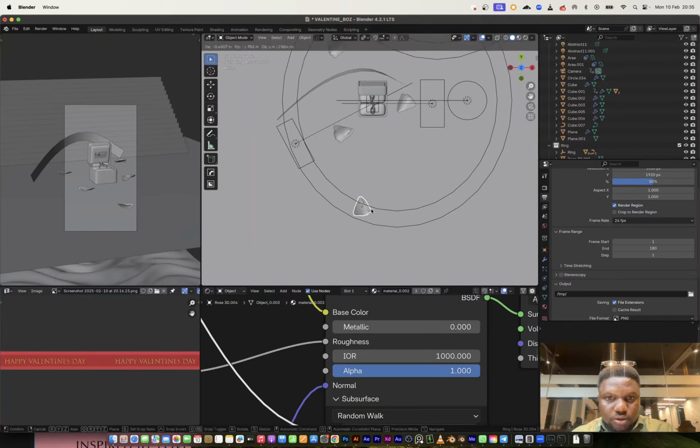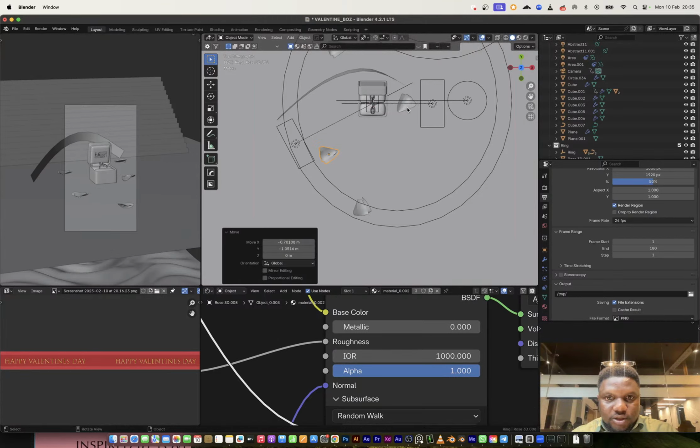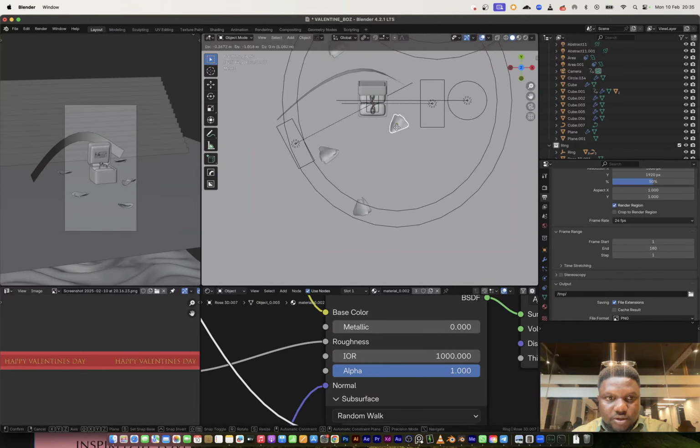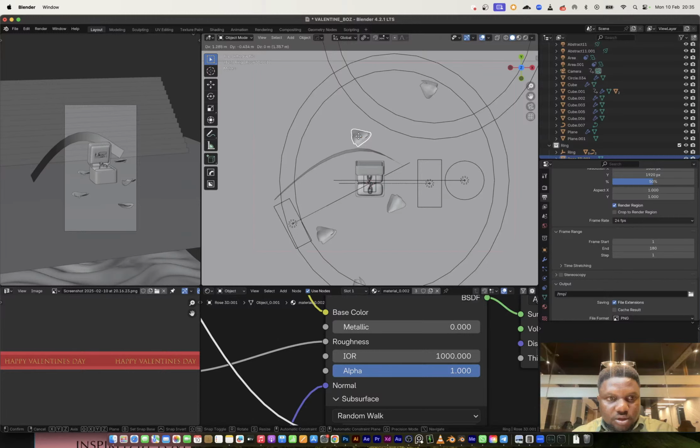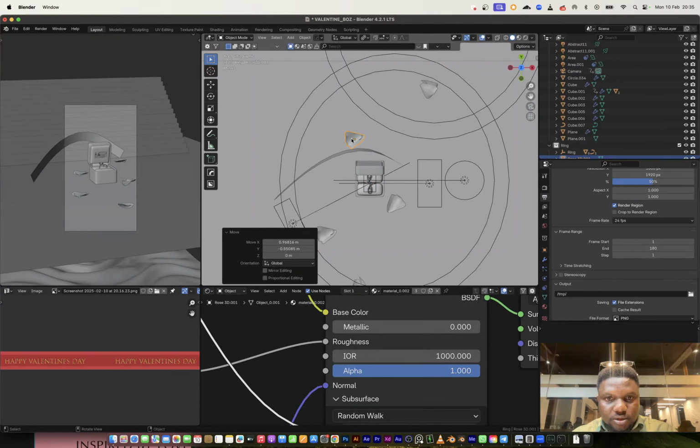Let's move this here. Let's move this here. And this right here. And this behind the box, but rotated at a different angle. And let's move this here. And yeah.